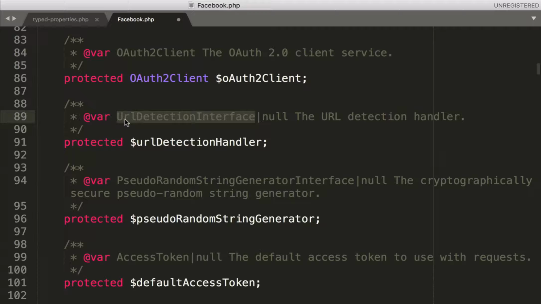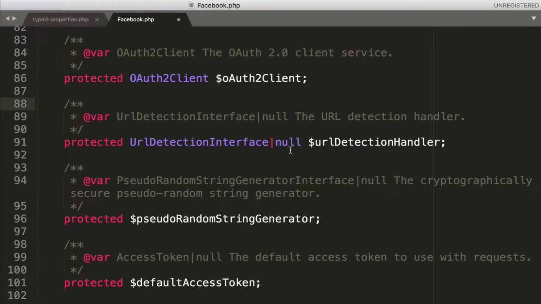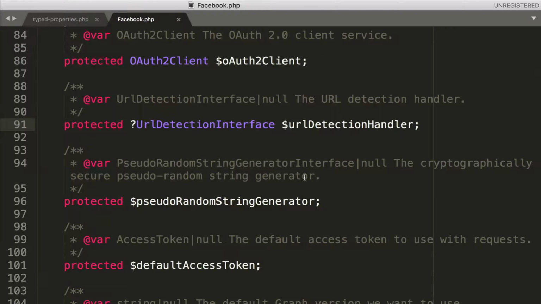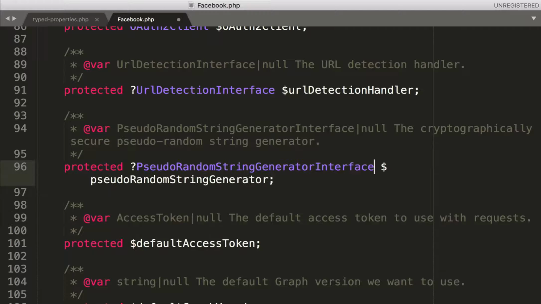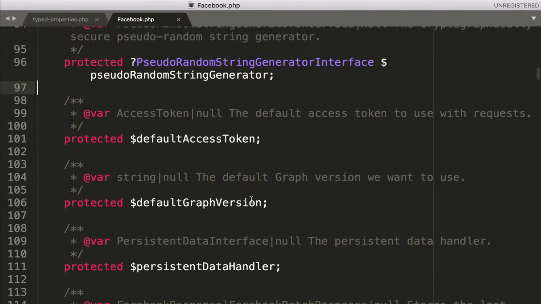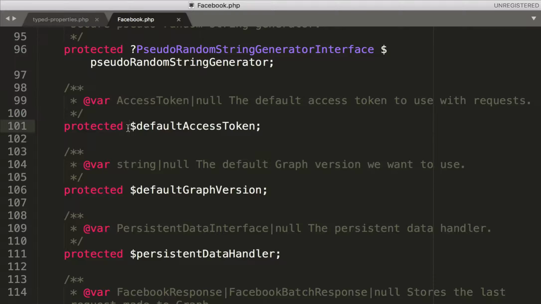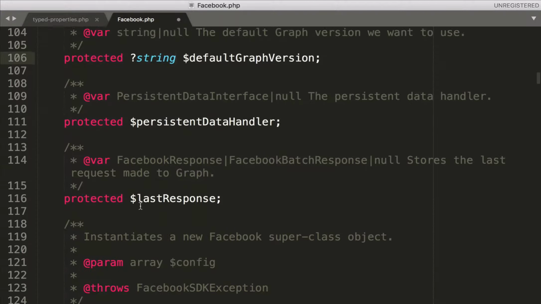Now here's where we have an or null. We don't have union types in PHP, so this is not valid even with the new typed property syntax. But we do have nullables, which is sort of like a pseudo union type, and we just add the question mark there and this suddenly becomes nullable. Same thing for this one. That's a really long variable name and interface name. Nullable access token, nullable string,